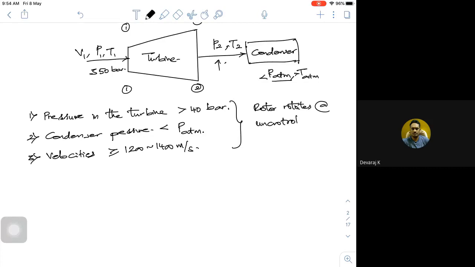Uncontrolled speed is without compounding. What is this compounding? Compounding is nothing much, just like loading in the case of an IC engine. We take the steam and do the expansion in stages, from one stage to the next stage to another. If the expansion is done in 2 to 3 to 4 stages, that is called compounding. When we do it, I will have a set of intermediate rotors in the stages.